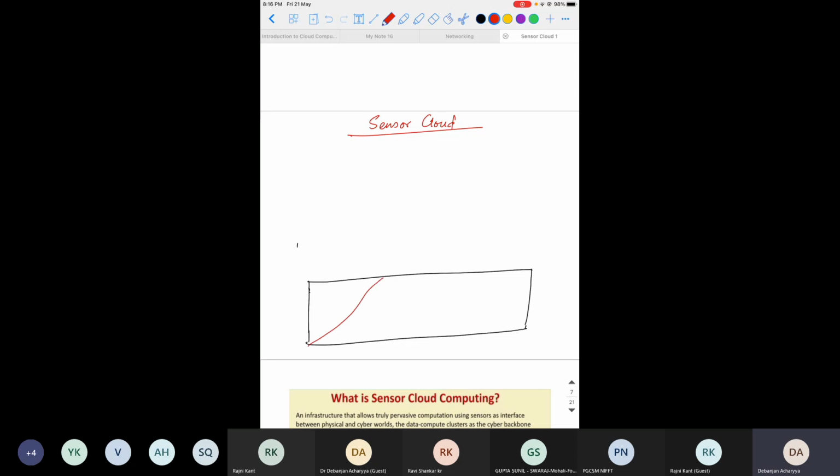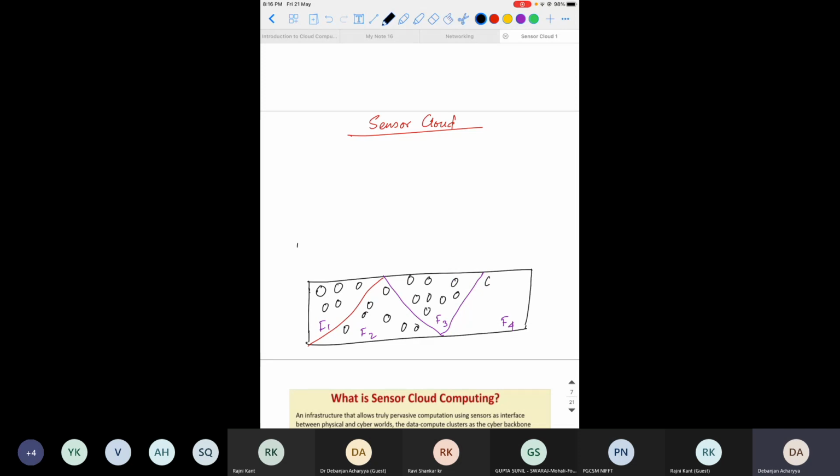This is one factory, this is another factory, and this is also another factory. These are located in different locations around the globe or maybe in India. In these factories there are different physical sensors.